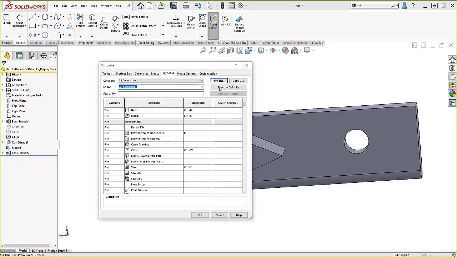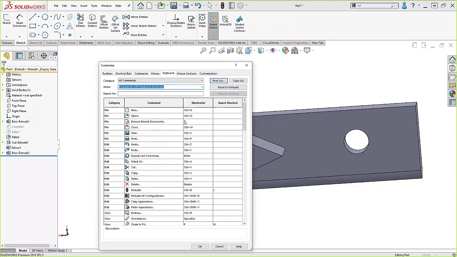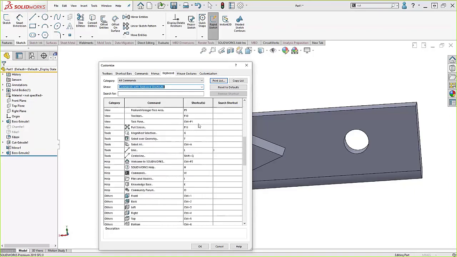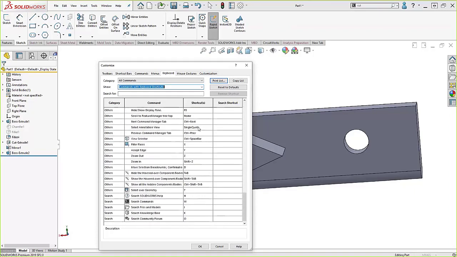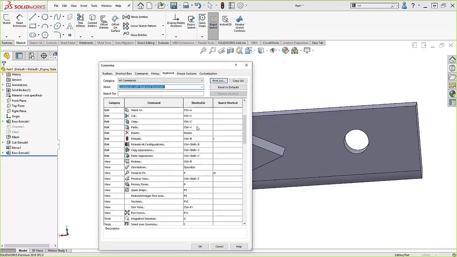What you want to do here is only show the commands that have keyboard shortcuts. So now that you've got that list there, now is a good time to print, because it prints every single keyboard shortcut that's available. This is a handy little guide to have all these keyboard shortcuts. Okay? So if I wanted to add a keyboard shortcut, let's say I wanted one, I actually have added one